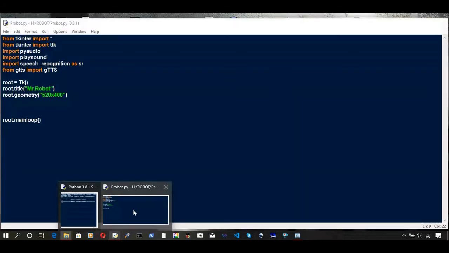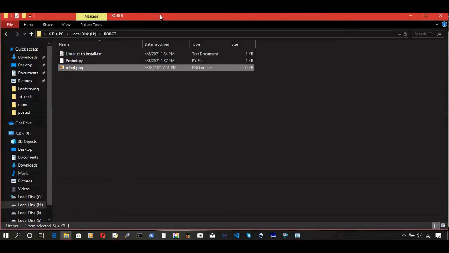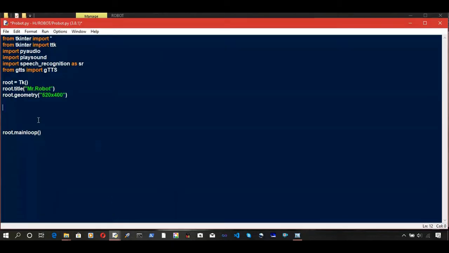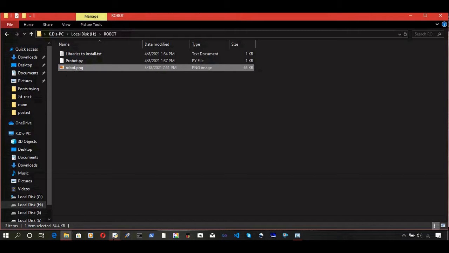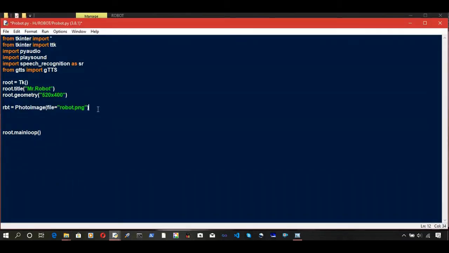Now we're gonna embed this picture in our window. RBT equals PhotoImage, file equals, let me just confirm the name once more, it's robot.png, and then create a label in root, image equals RBT, and let me place it x equals 0, y equals 0.